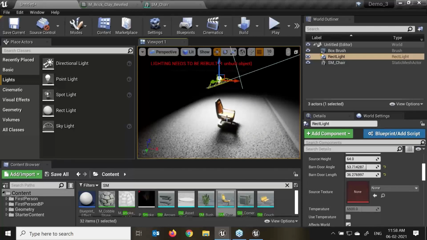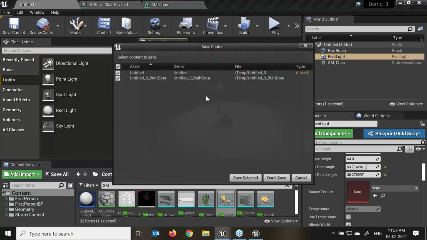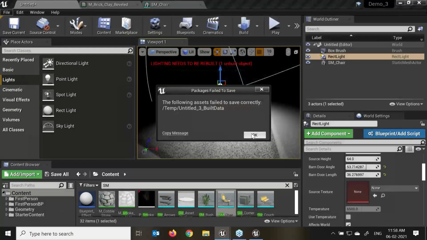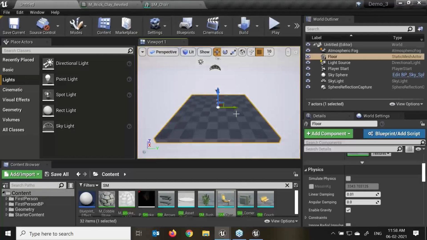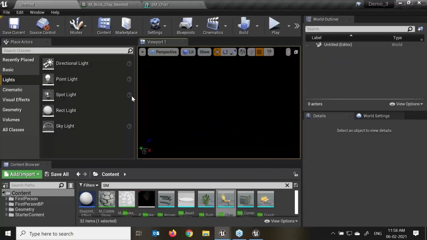Now we'll talk something about the atmospheric fog. So again, I'll just create a new level. This is my blank level over here. This will be a replica. I'm doing it, so I'll just delete. I'm so sorry. Let me just clear it with the empty. Correct. So as of now, I do not have anything in my scene.